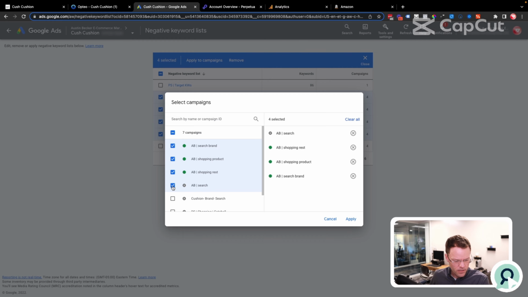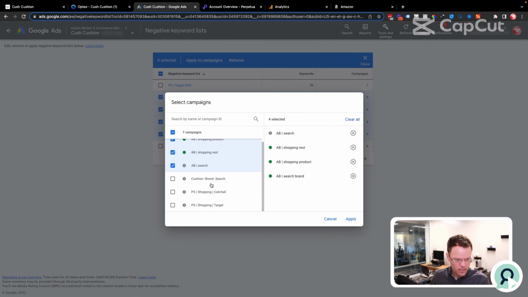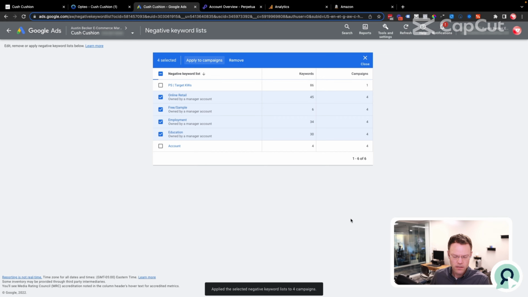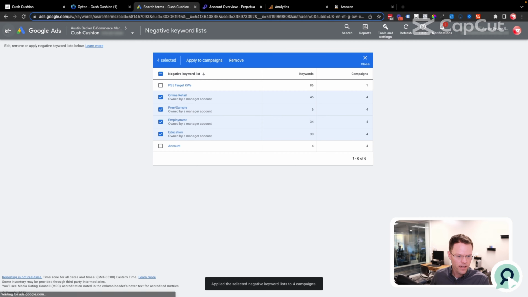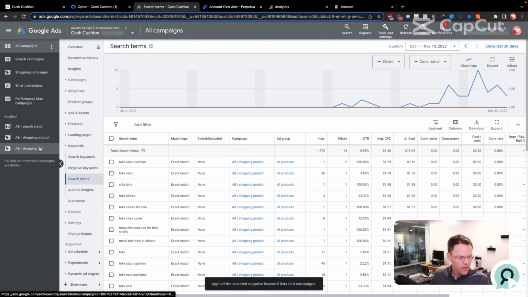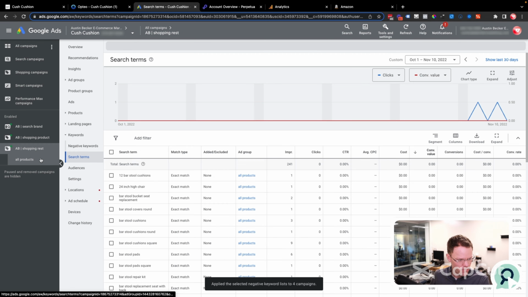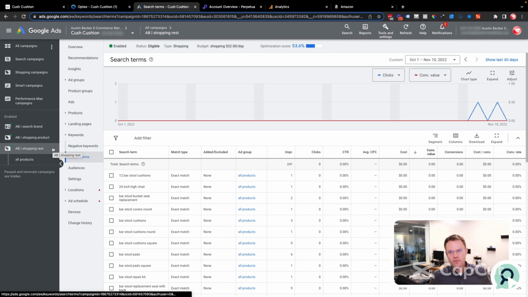In fact, I'll add them to this campaign too, which is paused because I'm going to turn that one on later. Okay, so I've got some negative keywords added. And then what I'll do is check search terms on the individual campaigns. You can check out another video that I have on this, but the way I divide up the shopping campaigns